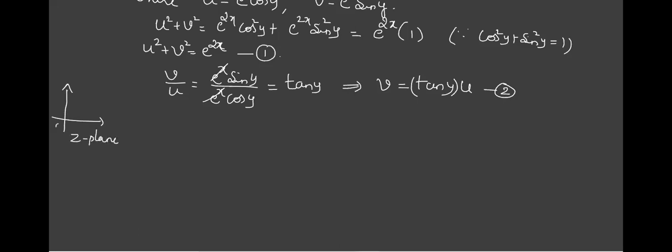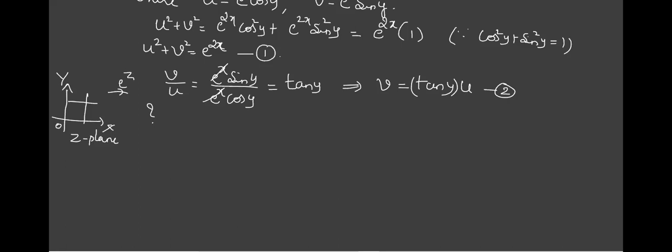In this, the real axis is the x axis and y is my imaginary axis. So what we have to do is take two lines: one parallel to the x axis, one parallel to the y axis. This is what is fixed, what we have to take in the z plane. Are you getting it? This we have to take, and we have a transformation here, w equal to e raised to z. Then we have to check in the w plane what the image is.